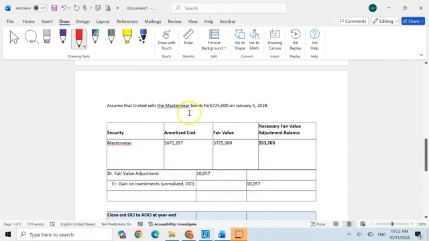Now moving on, we're going to assume that Masterware sold this bond for $725,000 on January 5th, 2008. So it's the following year. So now we're going to look, our latest amortized cost is $671. That's our latest balance that we have amortized so far. It's still the 12/31/27 balance. Now on January 5th, on 1/5/08,